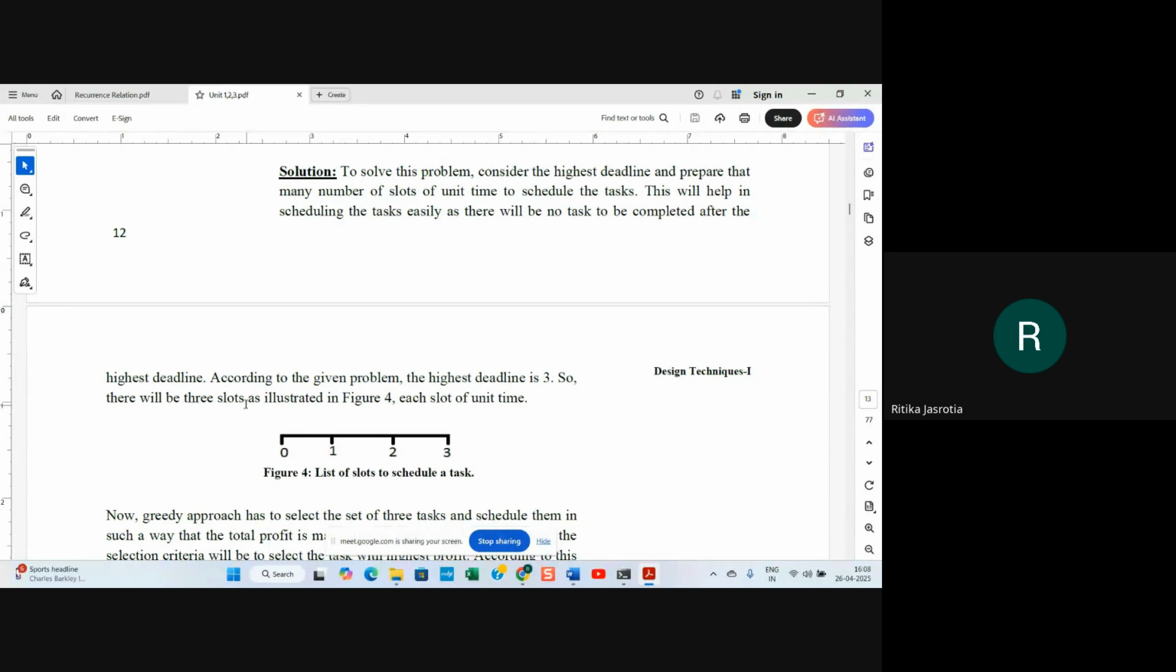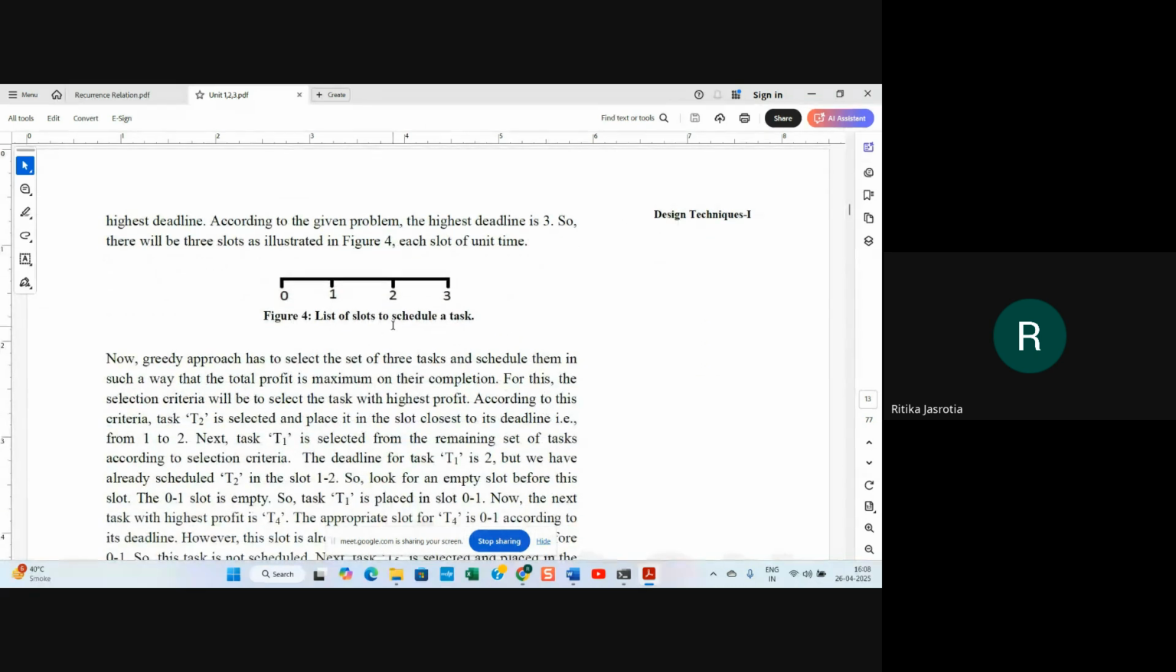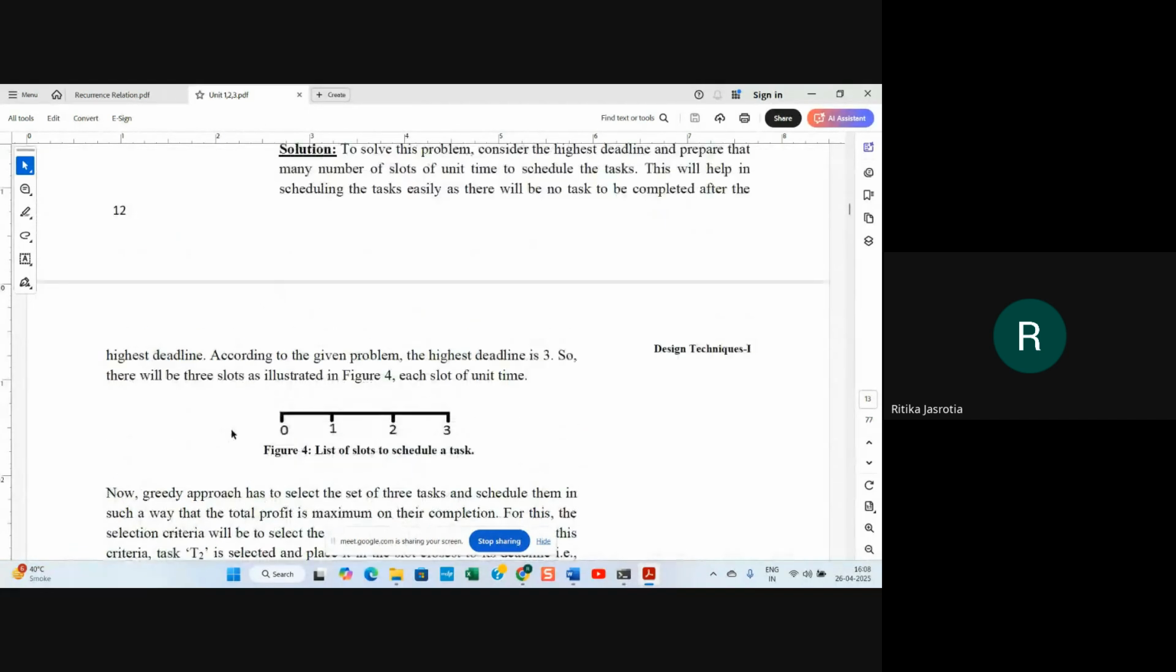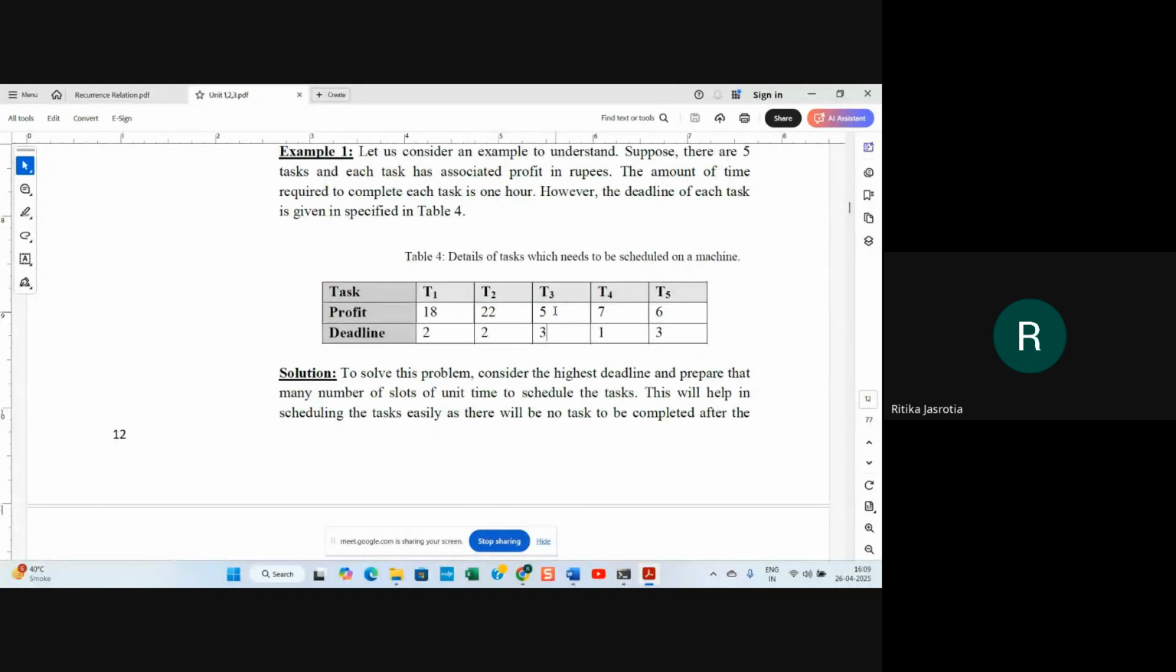So there will be 3 slots, illustrated in figure 4, each slot of unit time. The list of tasks to schedule a task. A greedy approach has to select the set of 3 tasks and schedule them in such a way that the total profit is maximum on their completion. For this, the selection criteria will be to select the task with highest profit. According to this criteria, T2 is selected. The T2 is selected because it has the highest profit,